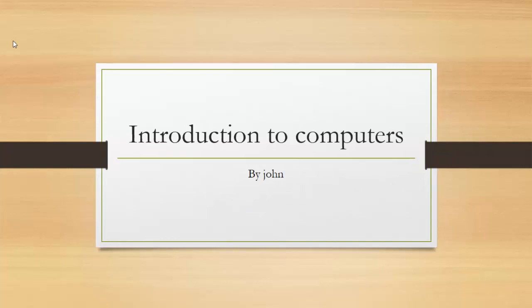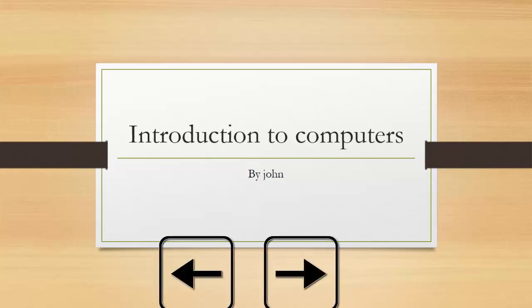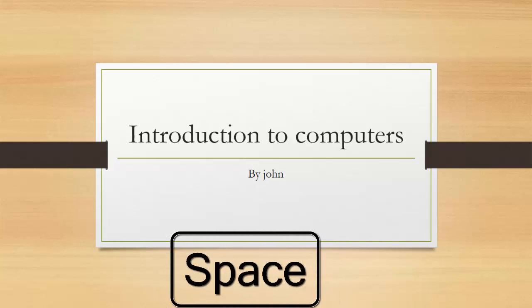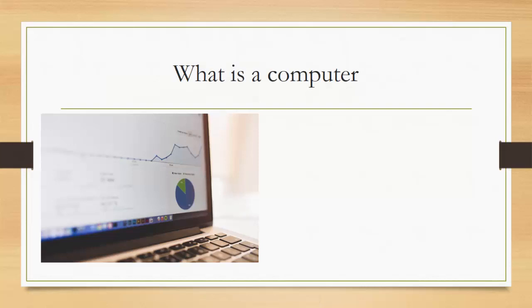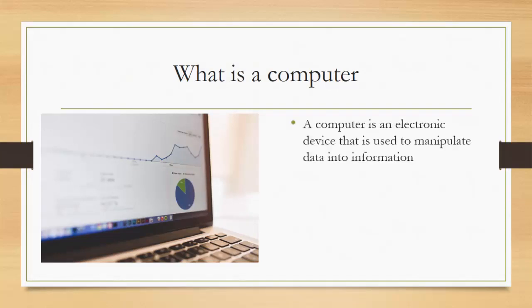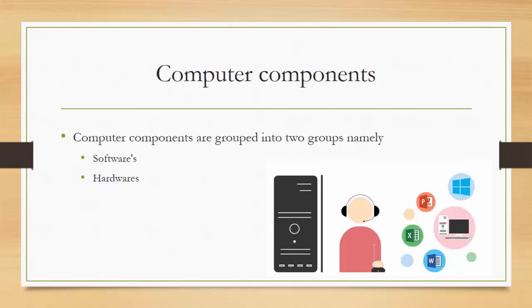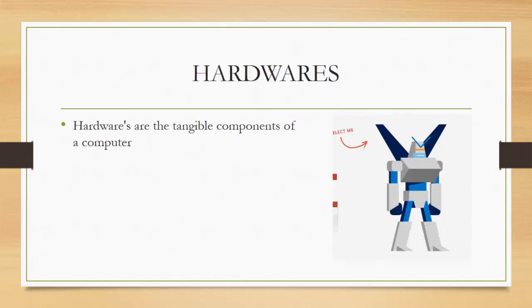So to advance to the next slide, there are different ways that I can go about that. I can use the arrows on the keyboard, either the left or the right, and I can also use the space. I usually like using the space, so I'll just hit the space, and that will take me to the next slide. And I can continue to hit the space to advance my presentation to the next slide,